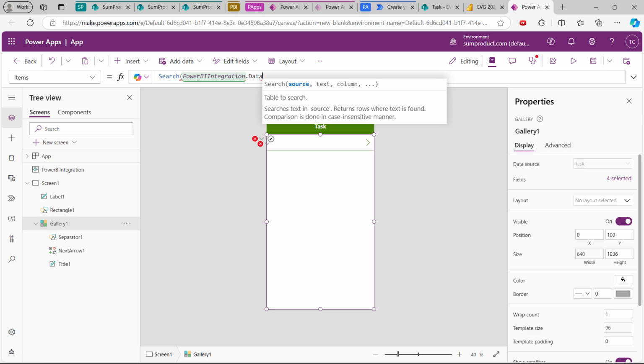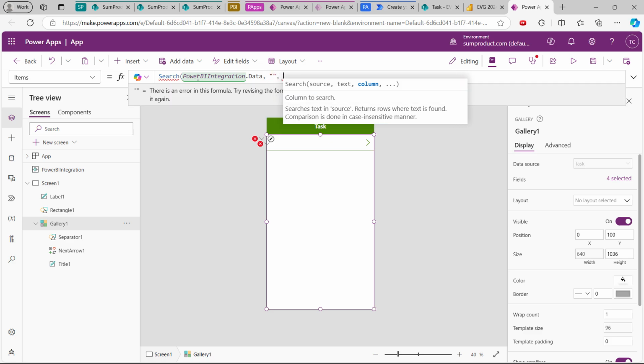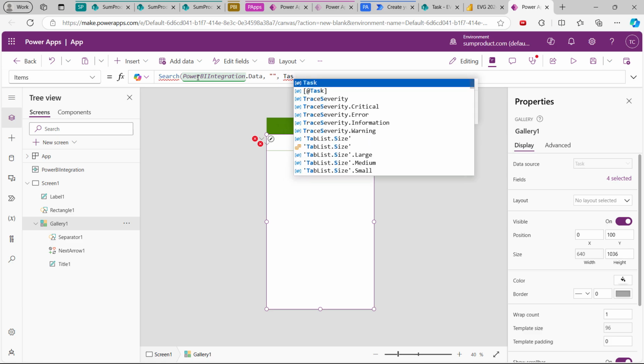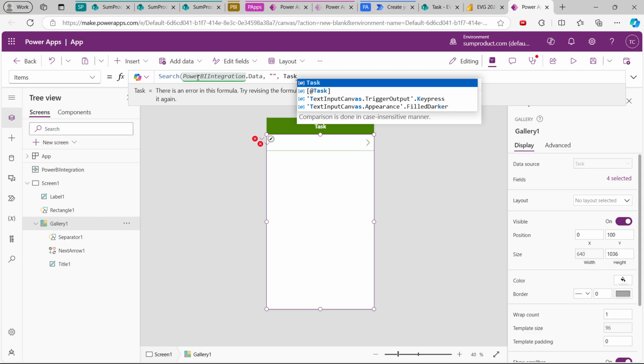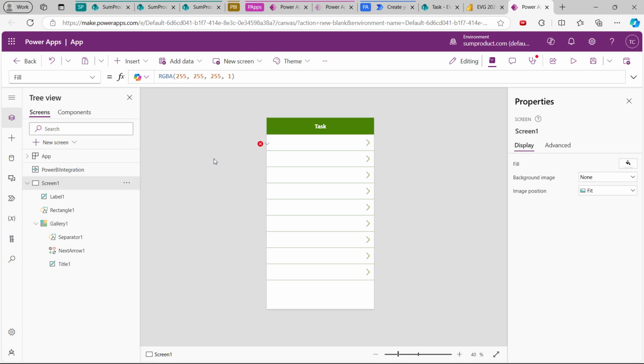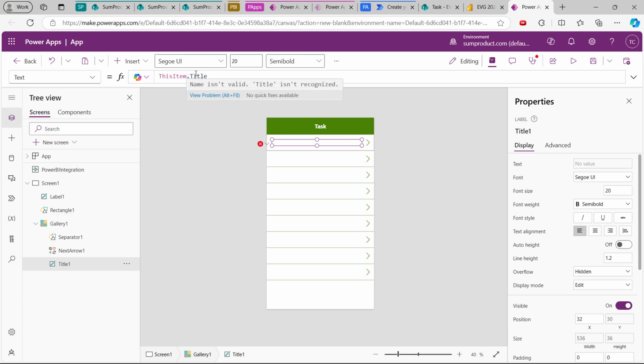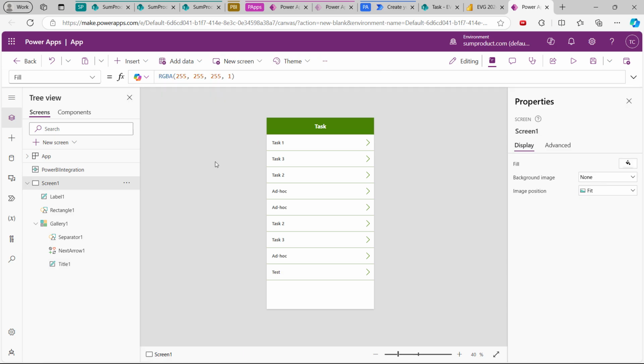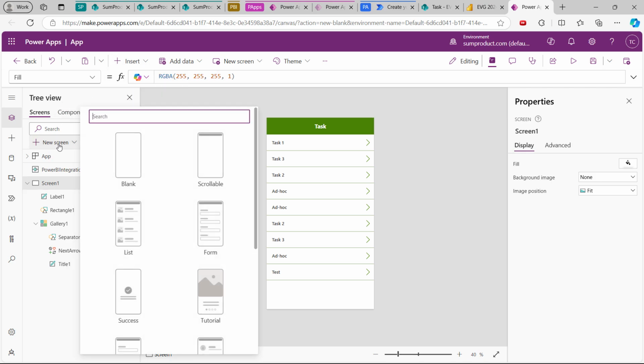Power BI integration dot data, and I just want to show everything filtered by the Power BI, so I don't want to search for any text. And the column of Power BI is task. I also need to fix this one, so it will show task name. So this is the main page. Next, I want to add another screen that allows me to edit it in a form. So I go to this screen here,